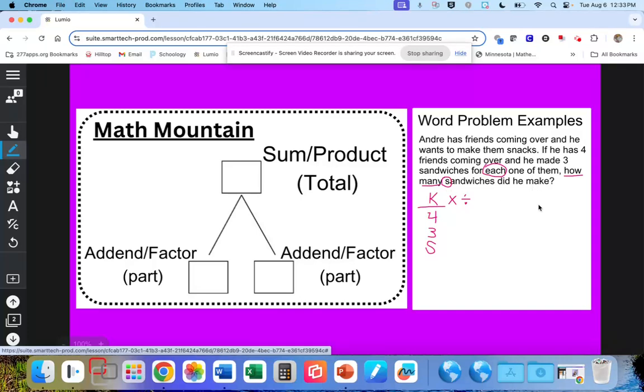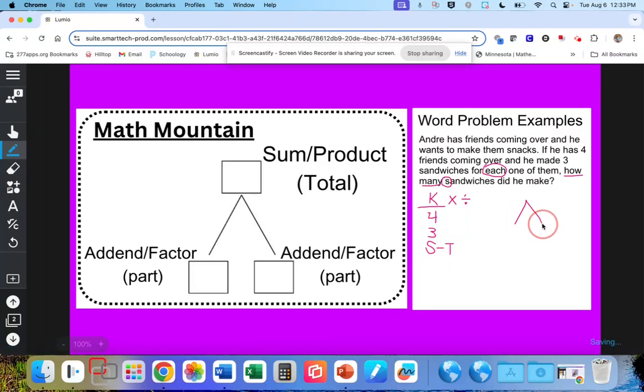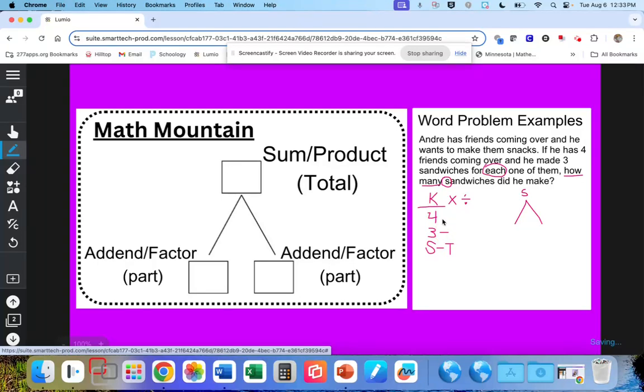How many sandwiches did he make? So the sandwiches is our total, or if we were making our math mountain, it would be the one on the S, or on the top, sorry. That makes the 3 and the 4 both parts. So those would be our bottom numbers. Now, because we use the word each, we're going to multiply or divide. Our 2 known information are parts. So if I have a part and a part, I'm going to multiply. So 3 times 4